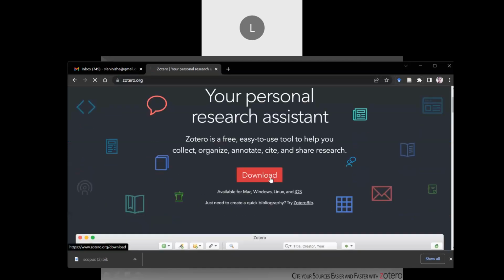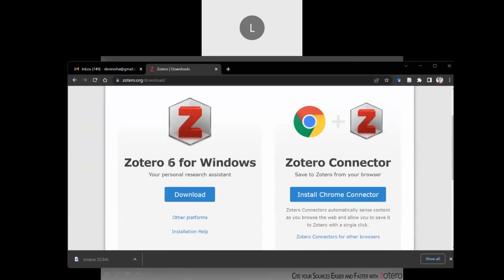If you click download, it will give you two options: download and install connector. This connector will help you connect with the browser. You can search and take notes, and for that you need the connector. So both things you should install. After installing,